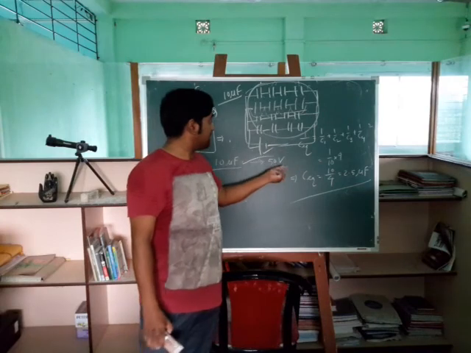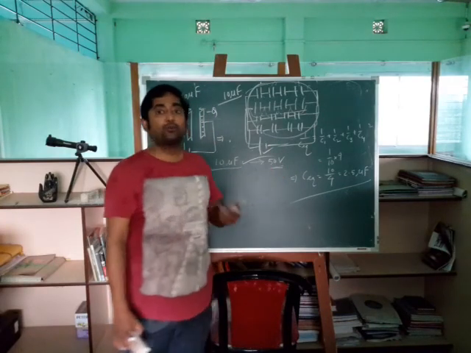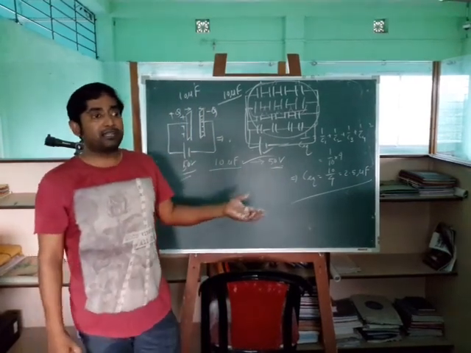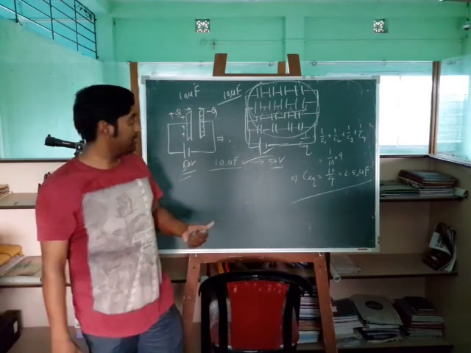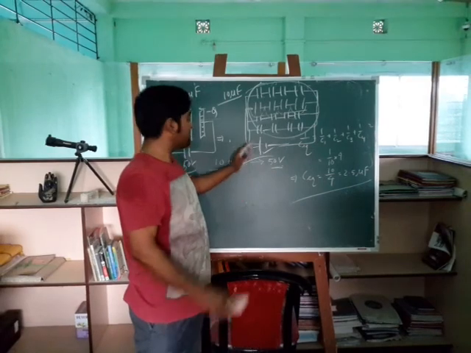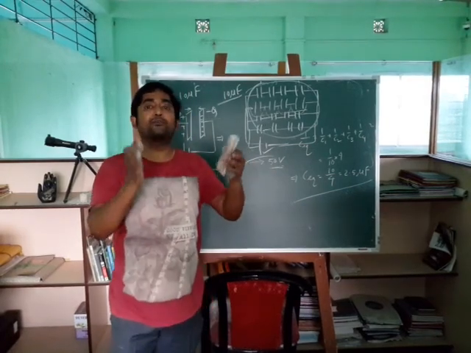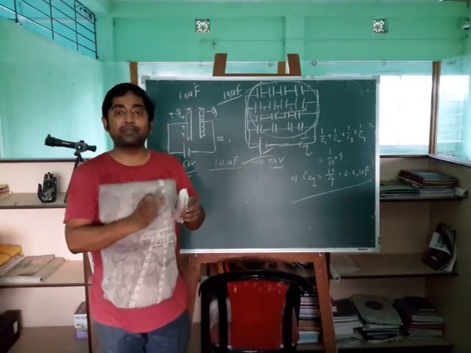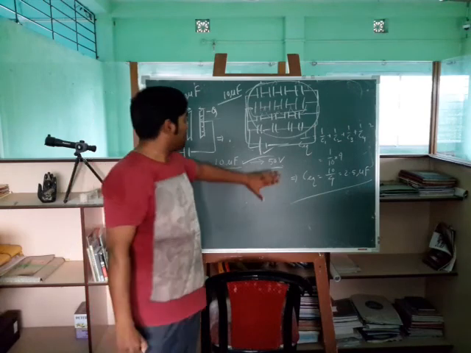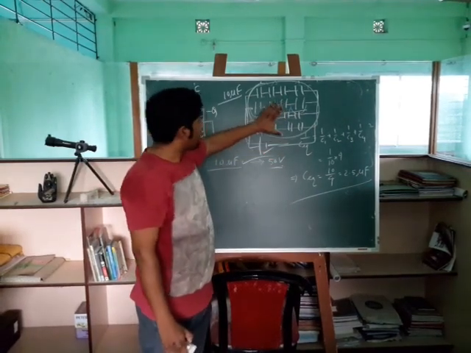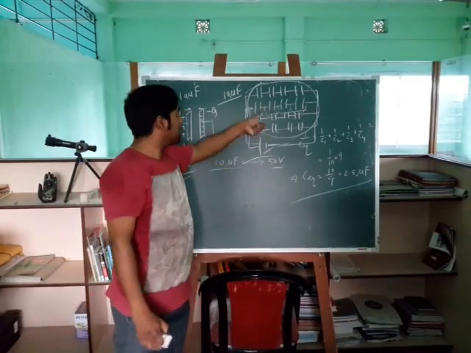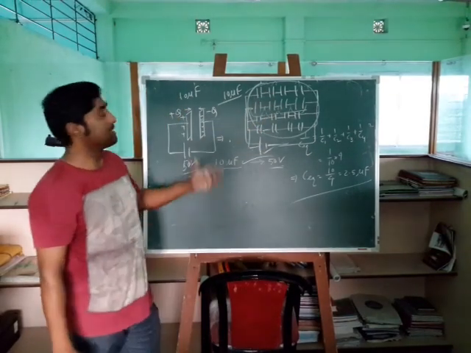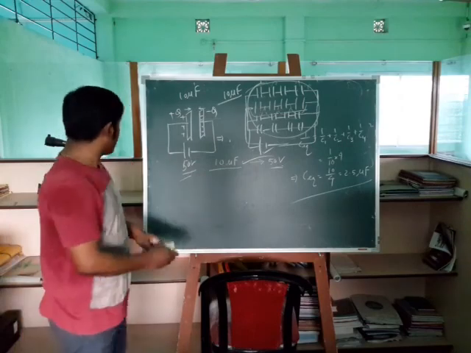Individually they can withstand only 50 volt. Withstand means that beyond that the capacitor can break down and be damaged. There will be discharge, because the plates cannot hold an infinite amount of charge. There is a limit depending on the capacitor. So if we have a combination like this, it can withstand 200 volt, and the total equivalent capacitance is 10 microfarad.